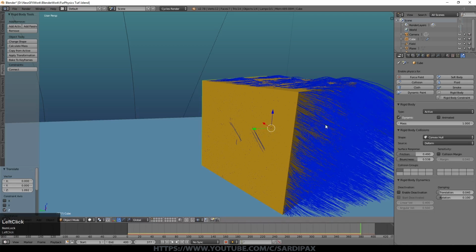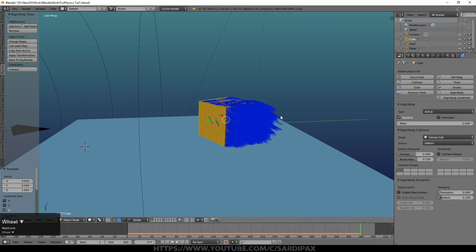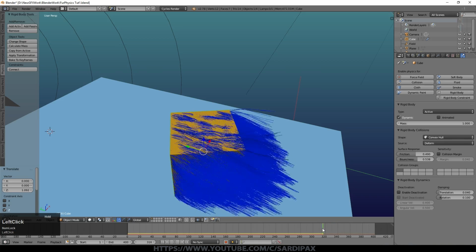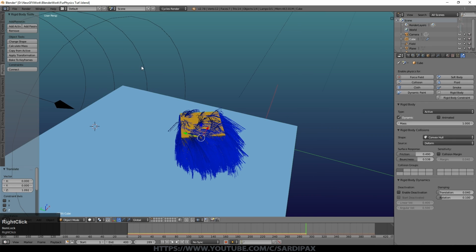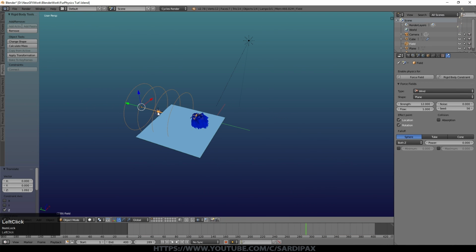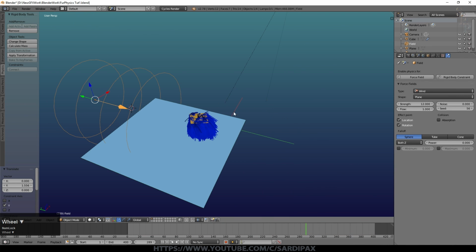But that's also a reason why you might want multiple hair particles, some very short, stiff ones, as well as some longer, more flowing ones. But if I come back here, you can see this is now blowing in the wind. So in terms of my wind force, you can see that's now got larger separation between those rings, and that's what's showing that it's a stronger wind force. I also added some flow of 3 to sort of give it a more interesting effect. The seed doesn't matter too much unless you have multiple ones, and then you want to have a different seed for each one.